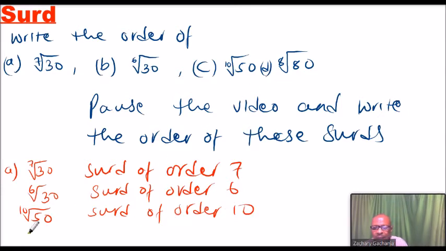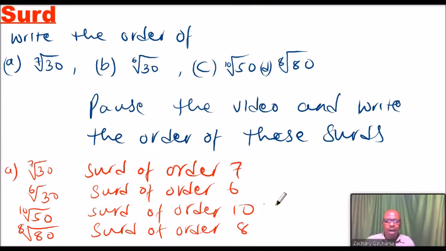And finally, we have the 8th root of 80, and this is a Surd of order 8. So that is how you describe the order in this case, and I hope you have followed